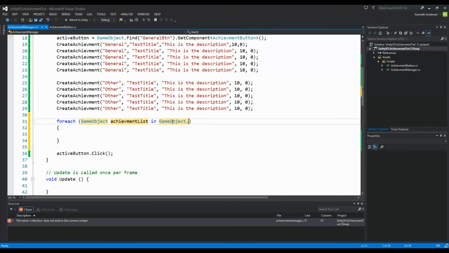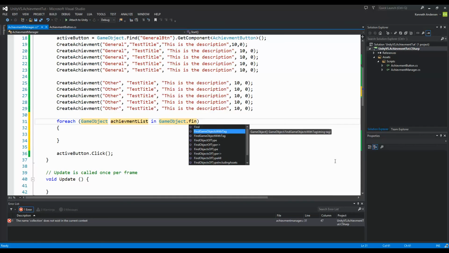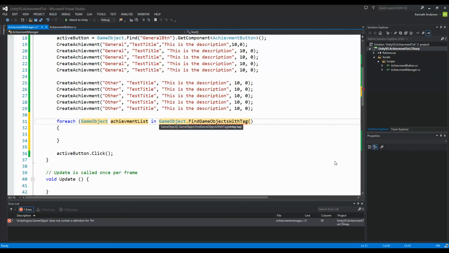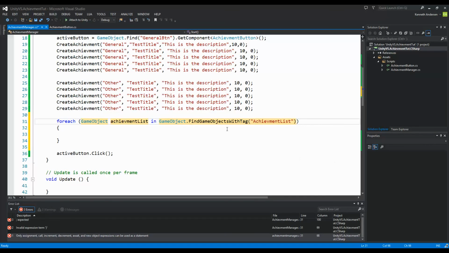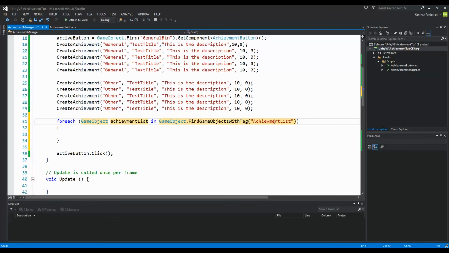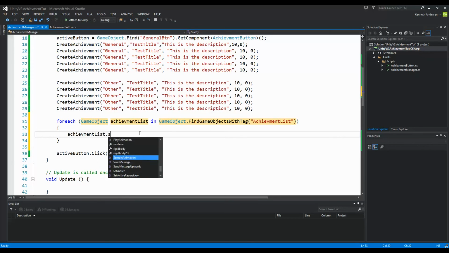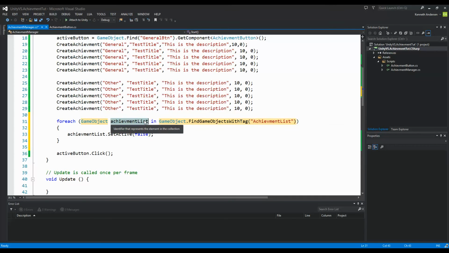So GameObject.FindGameObjectsWithTag achievement list. So now it finds all objects with this tag. So now we are sure that we run through our game world and we find all objects with this tag, and then we just say achievementList.SetActive false. So now we disable all our achievement list objects, all the categories,